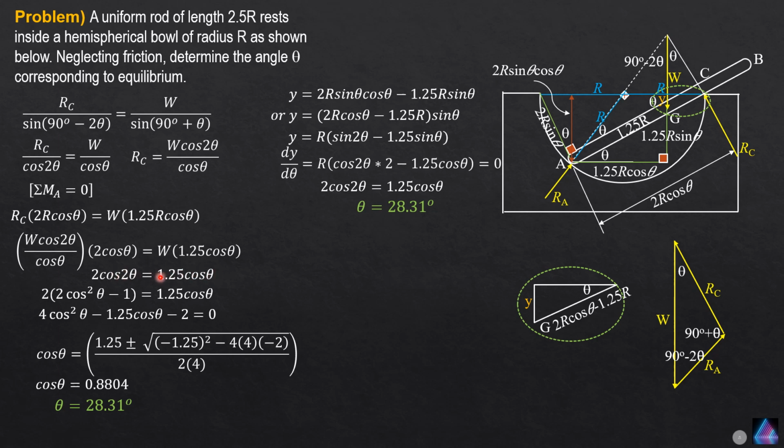For those students who are reviewing for their respective licensure exams, you can use your high-tech calculator here. You can solve for theta right away by shift solve. But those who are in college, maybe students are not allowed to use their high-tech calculator, so they need to use identities to simplify this equation,